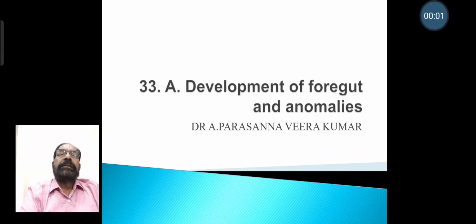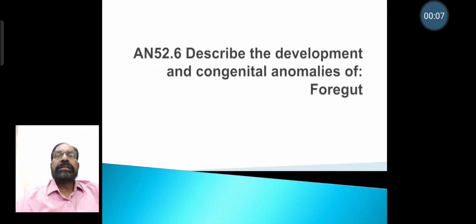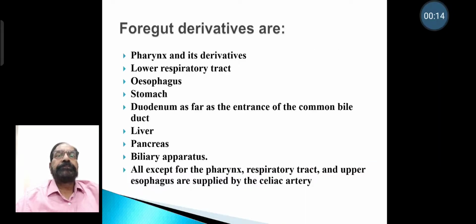Development of foregut and anomalies. In this we study the competency, that is, development and congenital anomalies of the foregut. Foregut derivatives are pharynx and its derivatives, lower respiratory tract, esophagus, stomach,